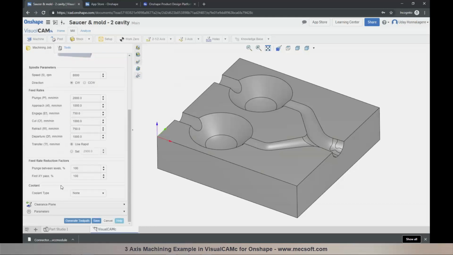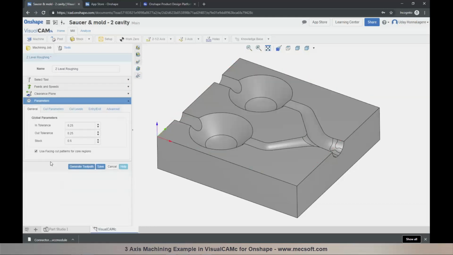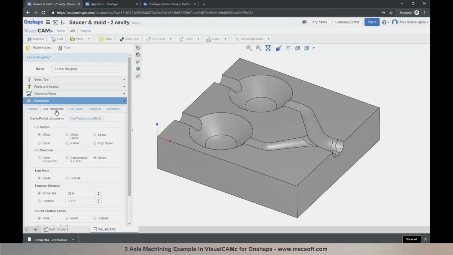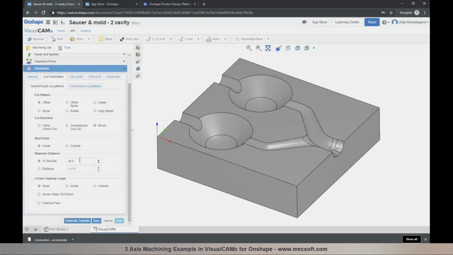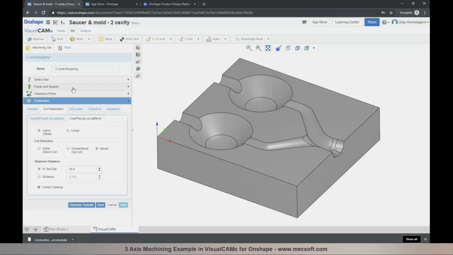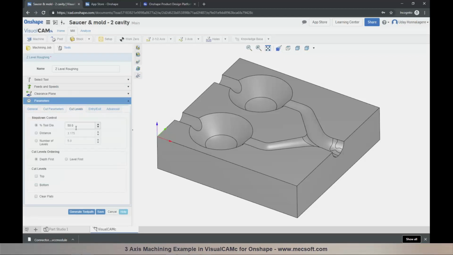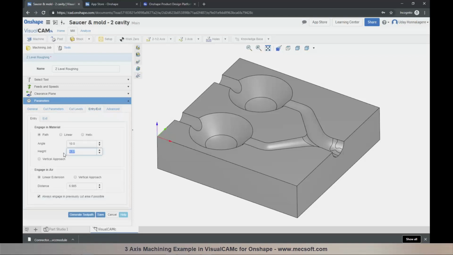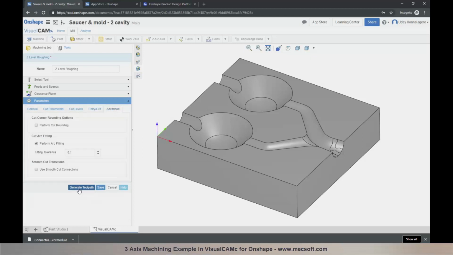Set feeds and speeds, clearance. In the parameters, you can establish your cutting parameters where you can set your tolerances. Stock to leave. Under cut parameters, you can specify your cut patterns, your step overs. Under cut levels, you can specify your step down controls, control your entry and exit. So you have all of the controls that you've seen in our desktop product on the cloud as well. So you can control the ramp height, the linear extension distances, any advanced cut parameters, and all you do is